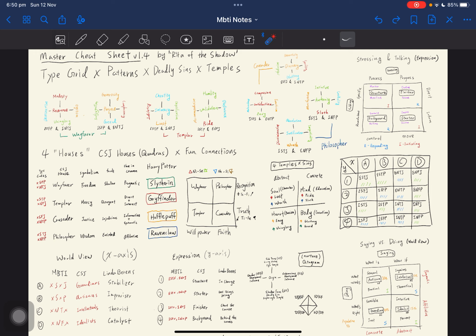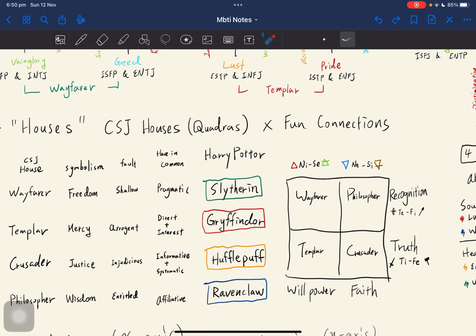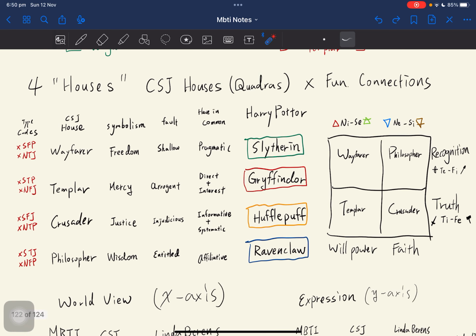And so yeah, that's why there's a third 1 0 0 1 2. So that is why there's a point number 2. So that is the houses. So this is also quite interesting, because not only because of how they relate to the Harry Potter houses,